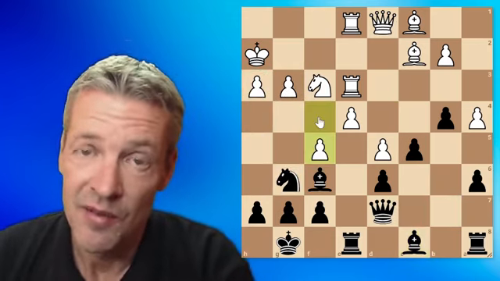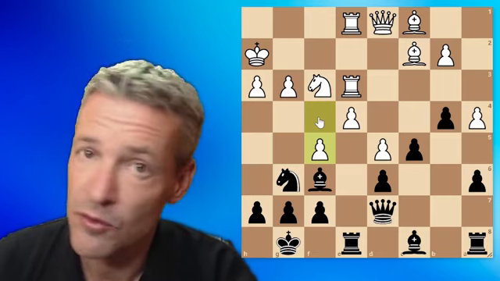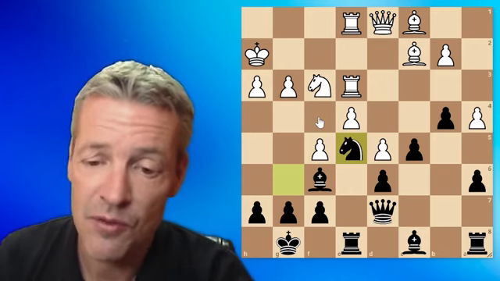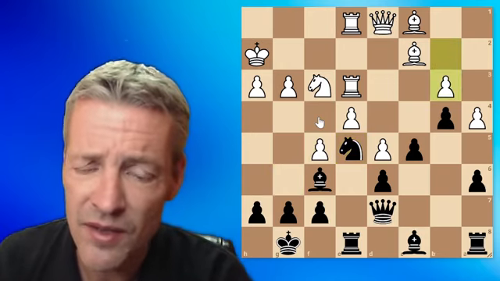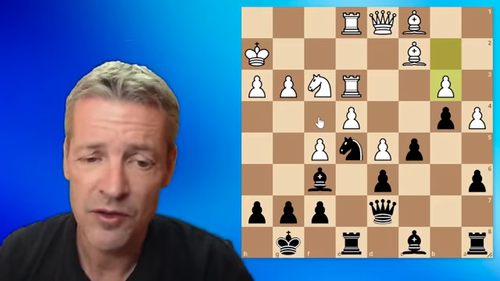And this is the provocation measure. We have managed to provoke f5, a move that white did not want to play. Black, of course, put the knight on e5, a beautiful blockade in the center. White played b3. And here at this point, black asked themselves, well, I have a bunch of good pieces here,